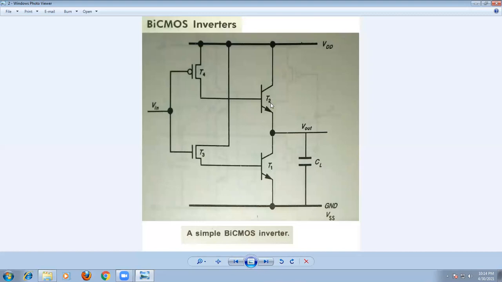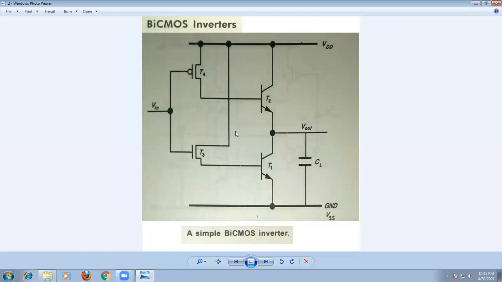To turn the transistor from off to on, we have to remove all the charges present in the base region from the previous on condition, and then again store the charges. So it will require a very long time. That means the transistor will turn on only after some delay. That will increase the delay of the BiCMOS inverter, so the speed will be reduced. Because of this, the circuit is not widely used.